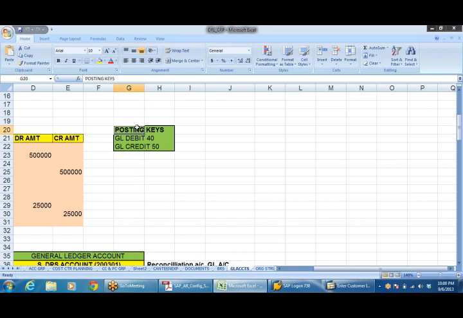Right, the posting keys are debit 40, credit 50. This is for GL. Right, GL posting keys.